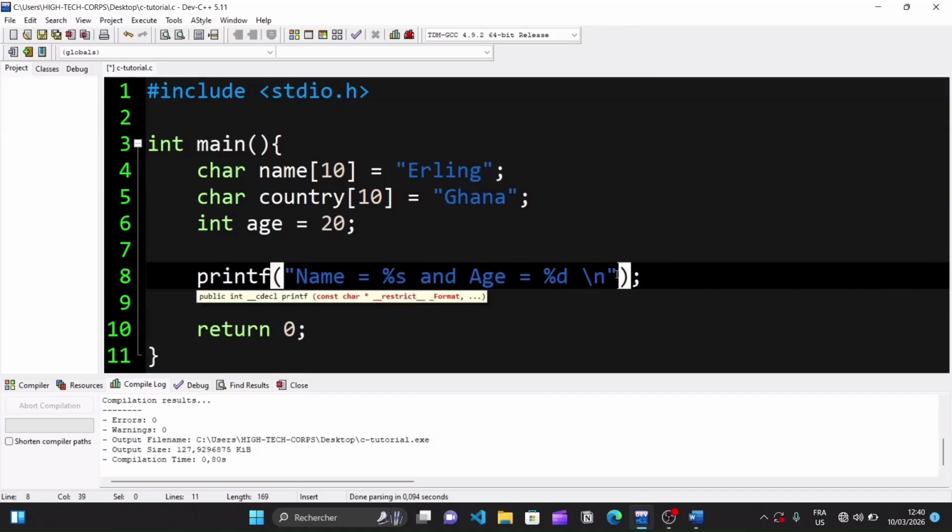So to do that, I will write a comma after my closing double quote in my printf message, and then write the name of the variable that I want to be replaced by the %s. So I will say name. When I write name here, it tells our program that in the place of this %s, we should look for a string variable inside our program and take the value of that string variable to be displayed here. That particular variable is the name variable,